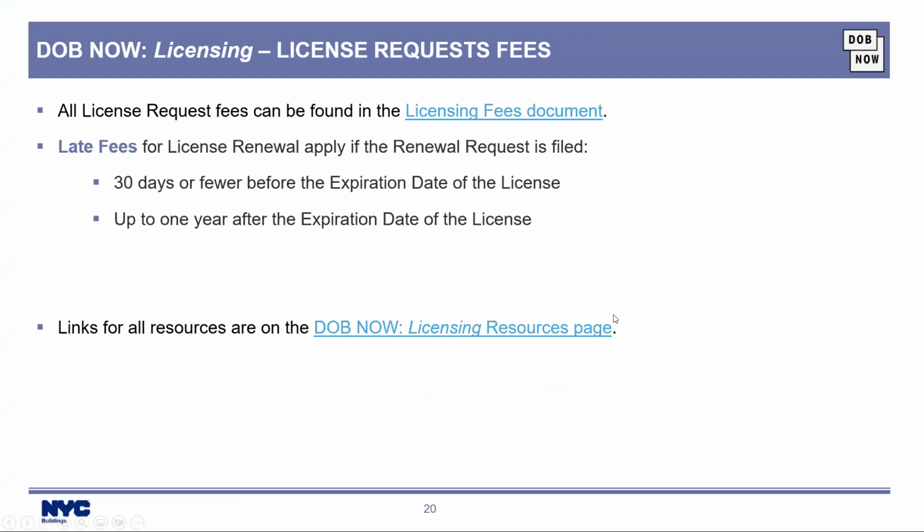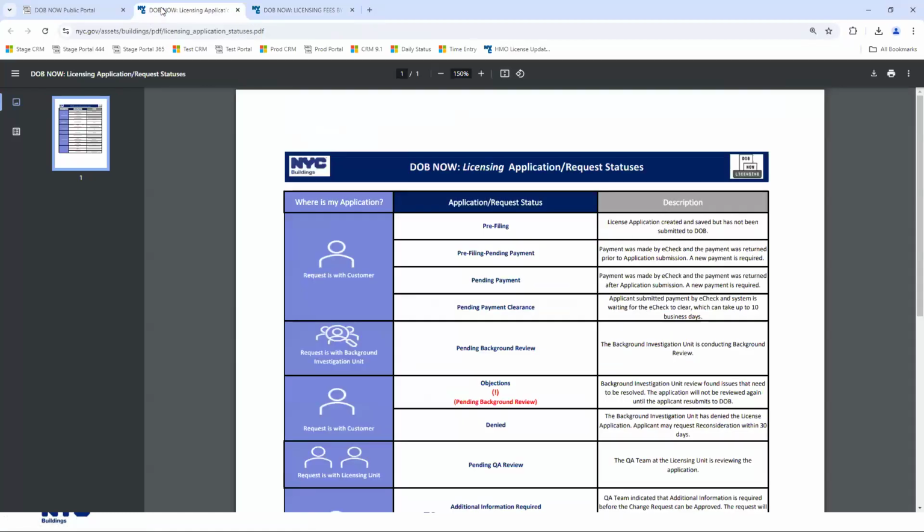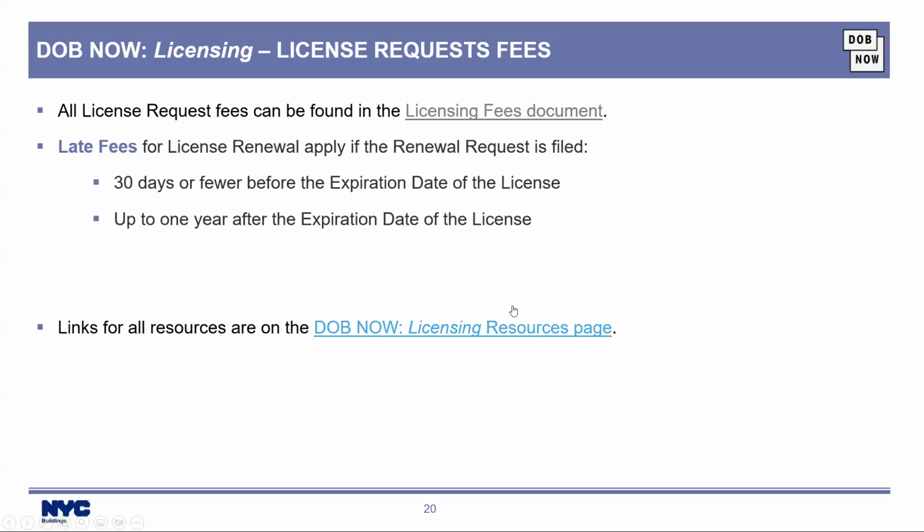Fees, similarly, I'm not going to go into a lot of details. There is a licensing fees document, which has all of the fees for the different types of licenses that DOB issues, through DOB Now licensing, I should say.